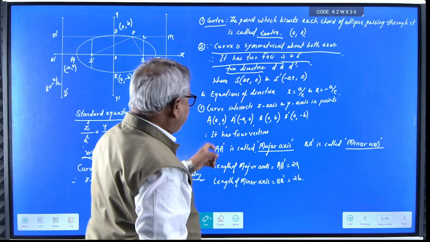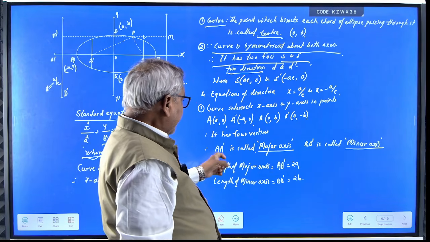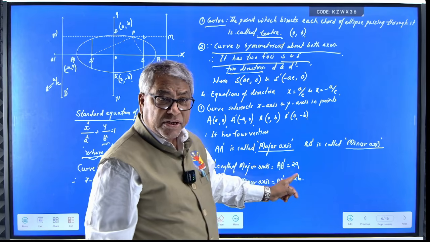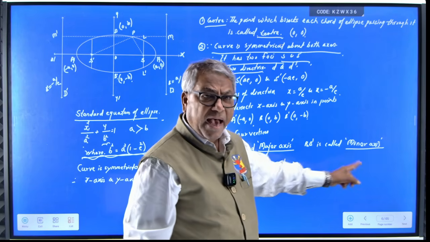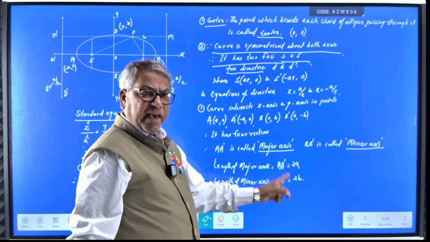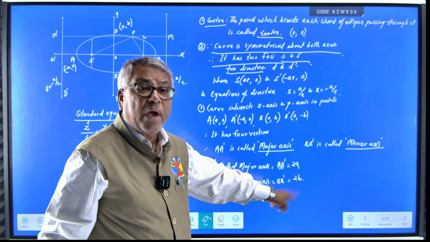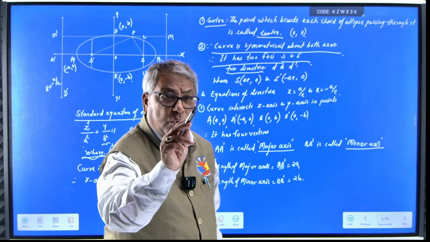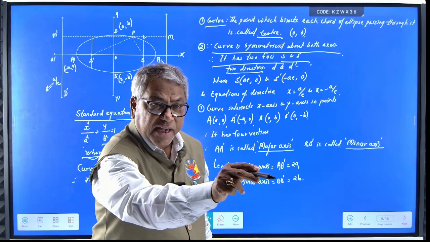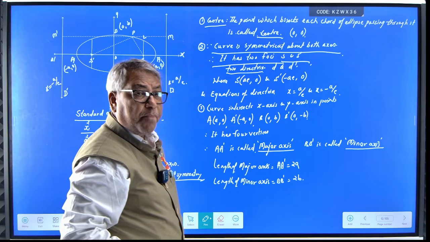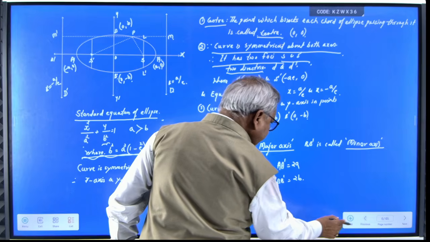These are the vertices. It has four vertices. The length AA dash is called the major axis, and BB dash is called the minor axis. The length of the major axis AA dash is equal to 2a, and the length of the minor axis BB dash is equal to 2b, right? I have explained the standard form of the ellipse here. Okay. Now